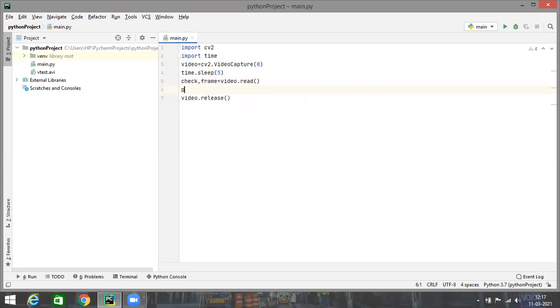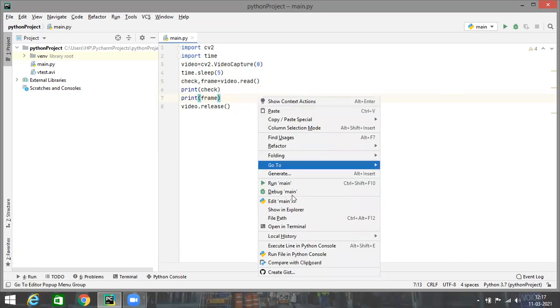Now let us try printing the check variable, so that we are able to see whether our Python programming language is able to read the first frame correctly. So we'll get the value of check from here, and also I'll try to print the frame variable, so that I will come to know in what format the first frame of video is actually stored in Python. Okay. I hope I'm clear about this. So let us try running this.